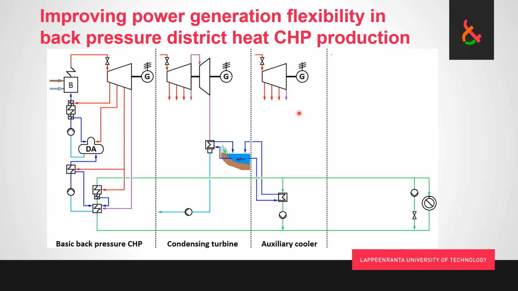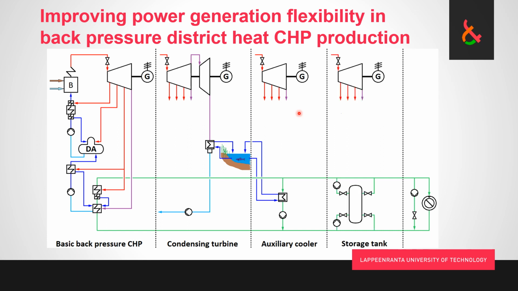Then the third option that we could add is a storage tank. So the idea here is that we have a very large storage tank, and if electricity is expensive, then we run some of the supply water through here. We heat this water that is in the tank. We get to run more steam through the turbine to fulfill this additional load here,